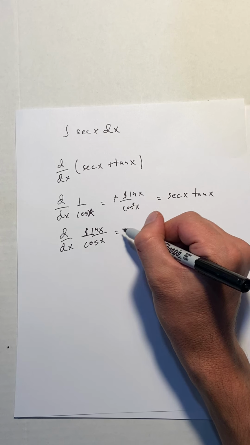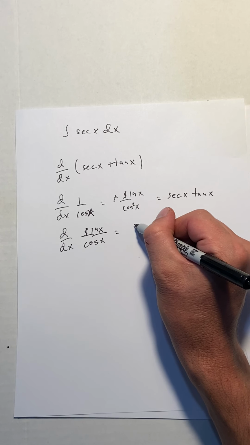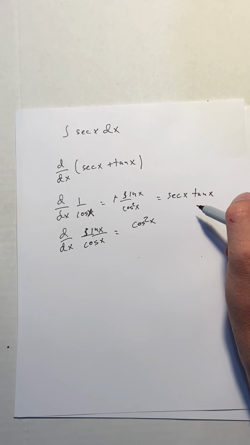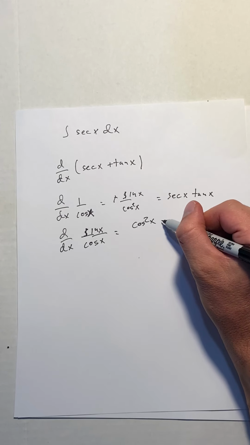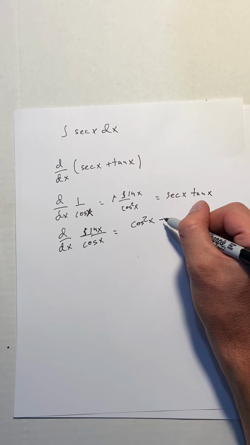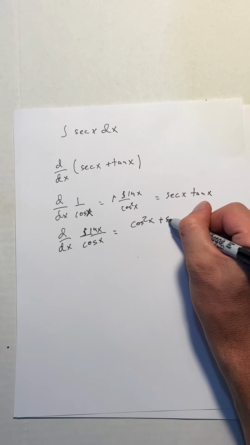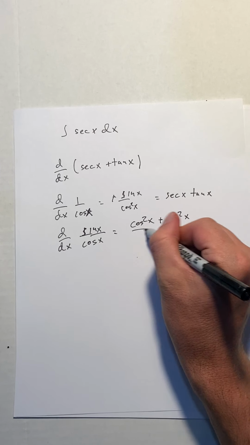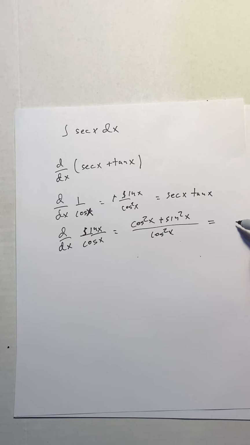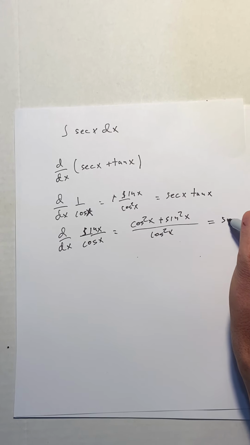So, derivative of the top times the bottom, so derivative of sine is cosine, so cosine squared x, minus the derivative of the bottom times the top, so that's minus negative sine squared of x, all over the bottom squared, cosine squared of x,